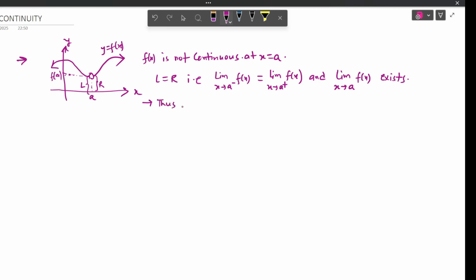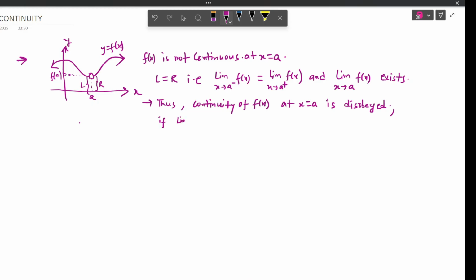Thus continuity of f(x) at x equals A is disobeyed, right? So we can say continuity of f(x) at x equals A is disobeyed